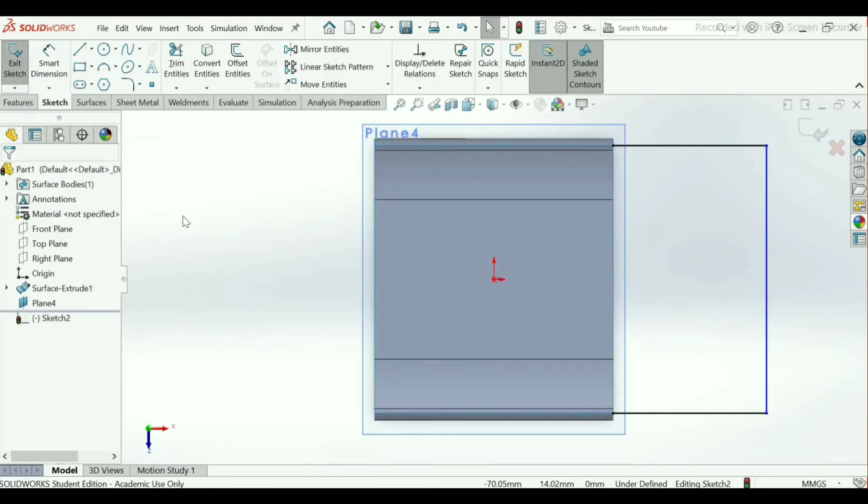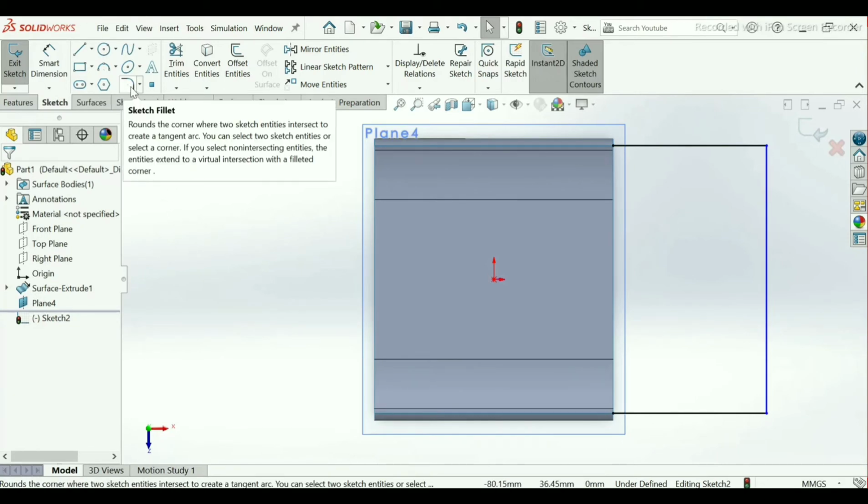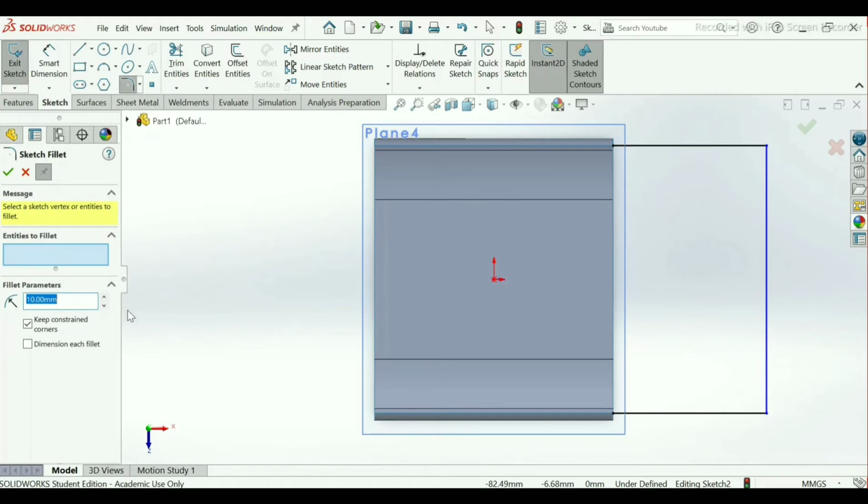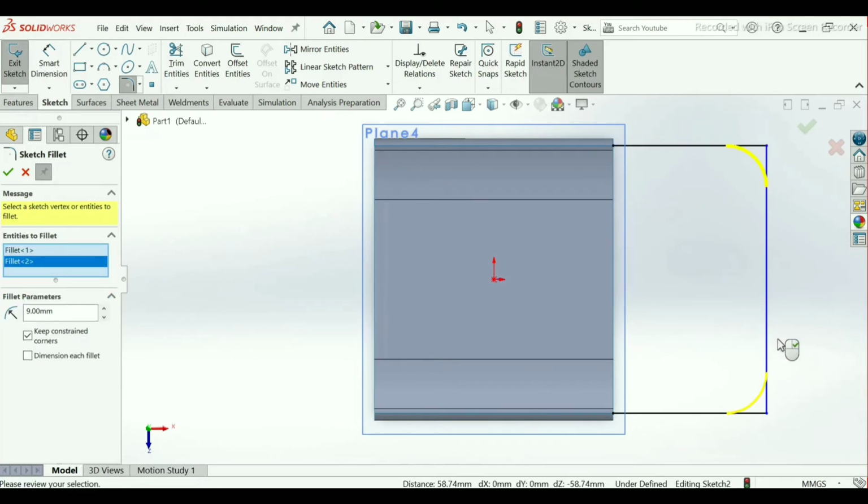OK. Now take here sketch fillet. Take the radius as 9 mm. Select the vertex point, this and this, because we have to create both the radius on corners. So that's why I have applied here. Click OK.